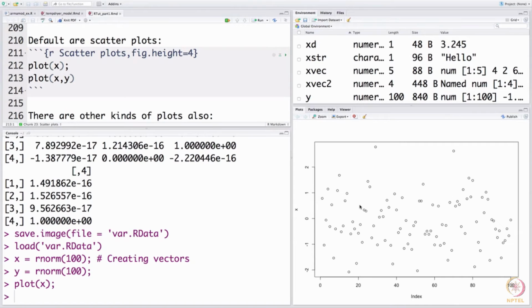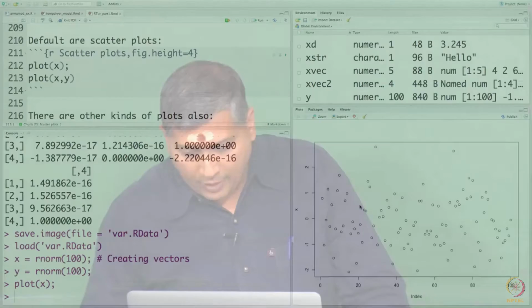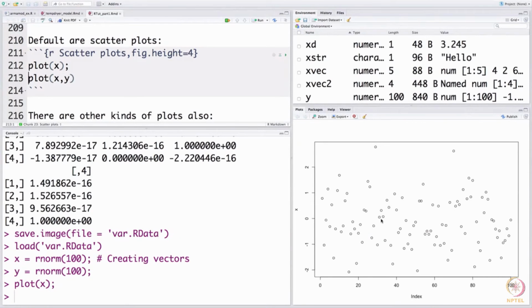As you can see, this is how the plot looks. This is perhaps the simplest vanilla plot that you get, where we have not supplied x labels, y labels, or any of the decoration and annotation inputs. So, R simply puts the variable name on the y axis and the index as the x label, and as you can see, it has given a scatter plot. This is a random number, so you do not see any particular pattern.